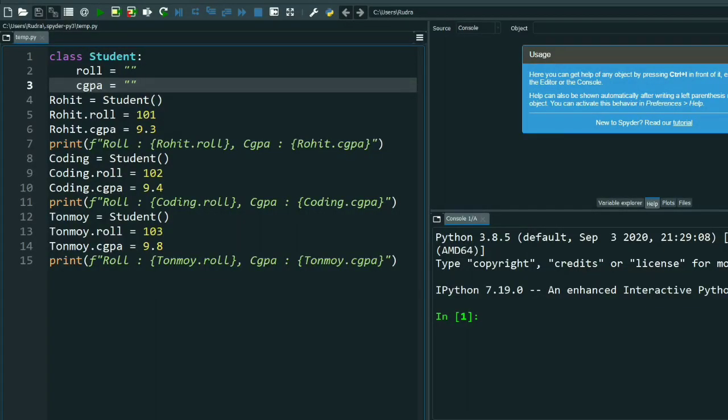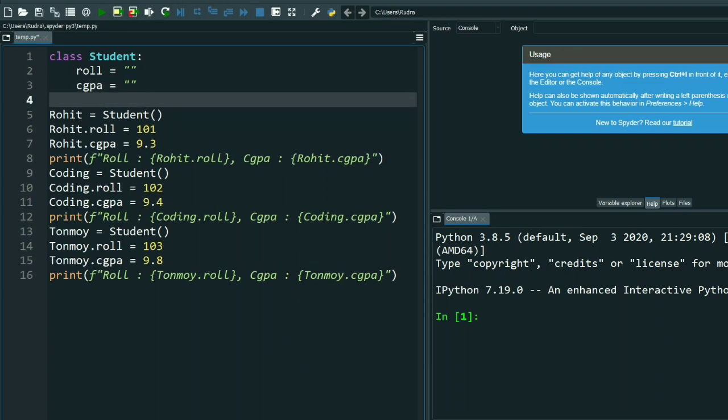In this video, I am going to show you how you can write a method inside a class. In my previous video, I already described how to create a class, and about methods and also about objects. In this video, I am going to show you how you can create a method inside a class. So let's start.